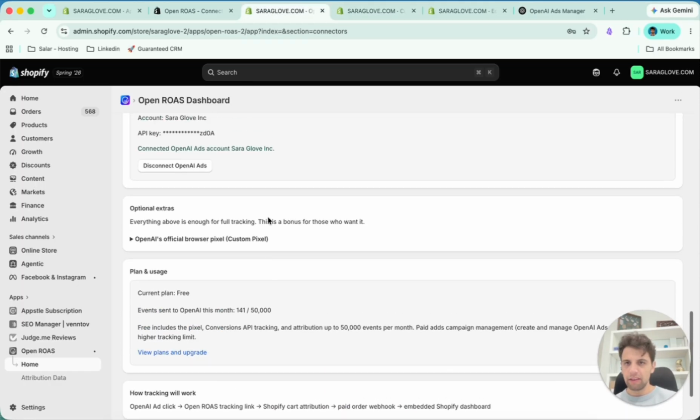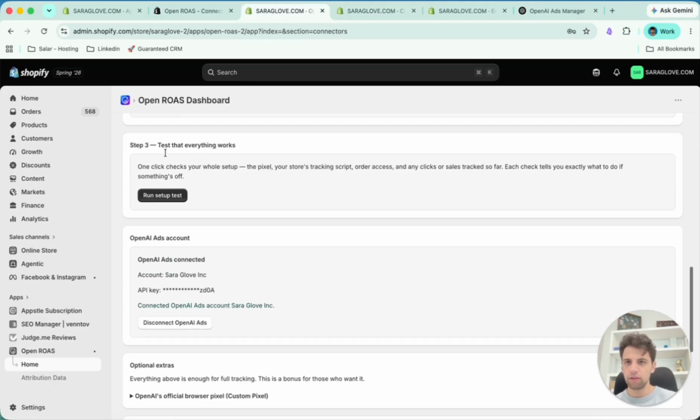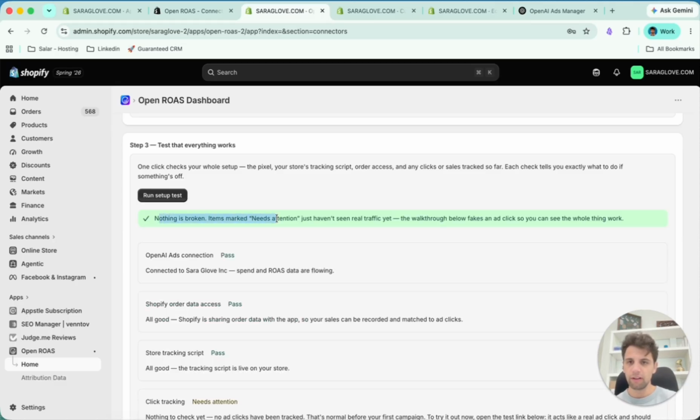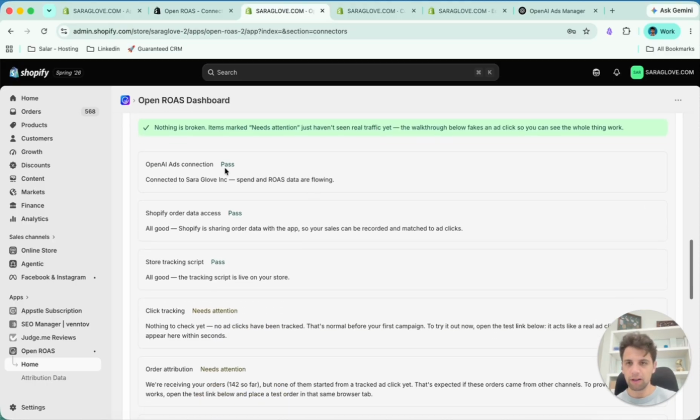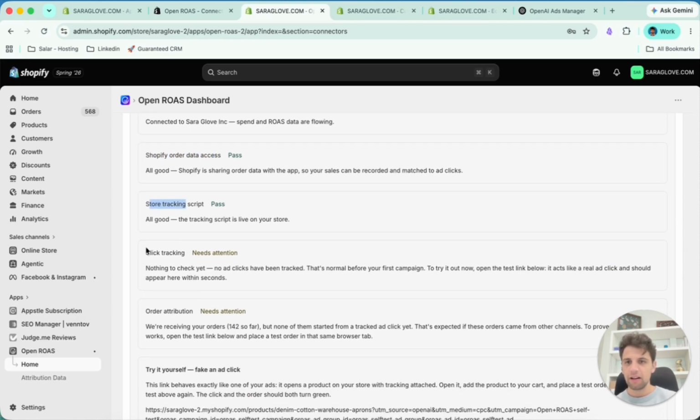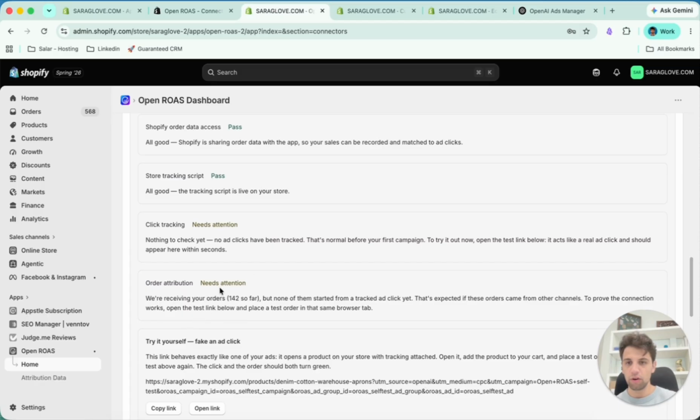Then once you have everything in there, what you can do is come here to run setup test just to make sure that everything works. Perfect. Nothing is broken. Items marked as need attention just haven't seen real traffic yet, right? So we can see the OpenAI ads connection is passed, order access is passed, store tracking is passed. Click tracking and order attribution are not passed yet. This is basically so that if you create ads through the pro plan on the Shopify app, it does add one other layer of tracking as well,